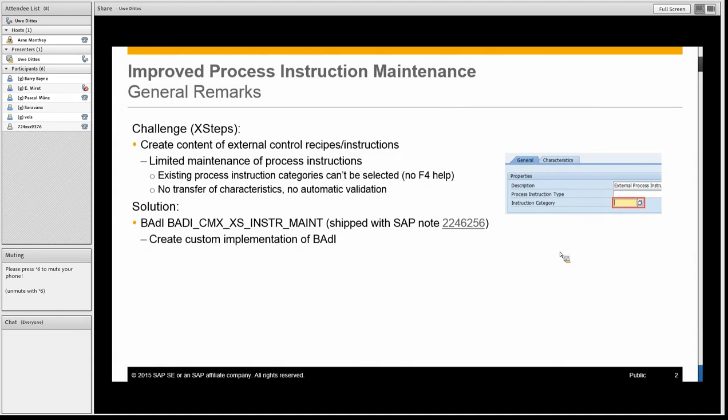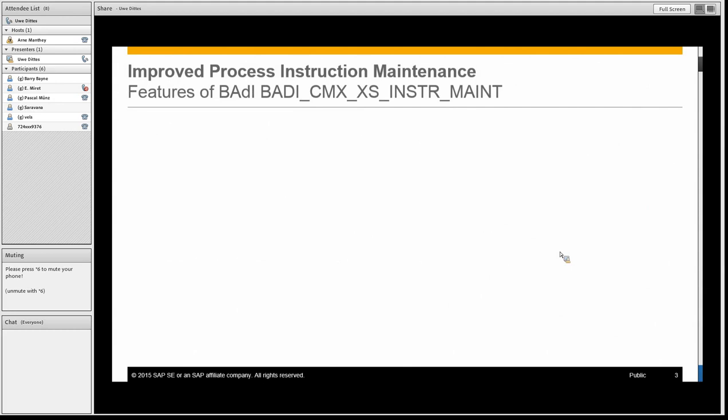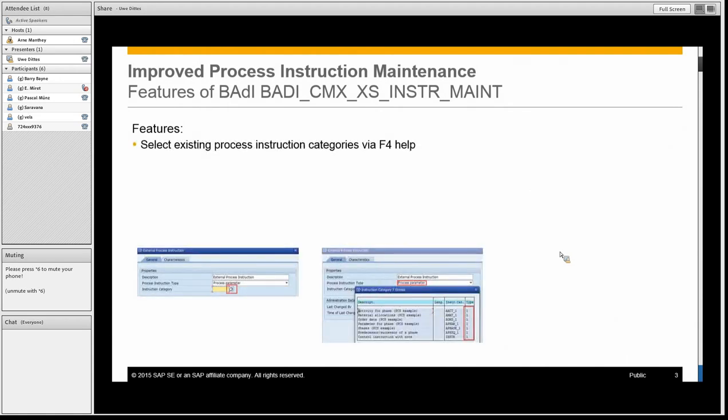The idea is quite simple. You can create a custom implementation of this BAdI. Most of the coding that you require is defined in the fallback class that is mentioned here, so you can just reuse it. And if you implement the BAdI, you will have the following features available. You can now select the existing process instruction categories via this F4 help. So you see those two screenshots. If you have activated the BAdI implementation and press F4 on this instruction category field, you will get